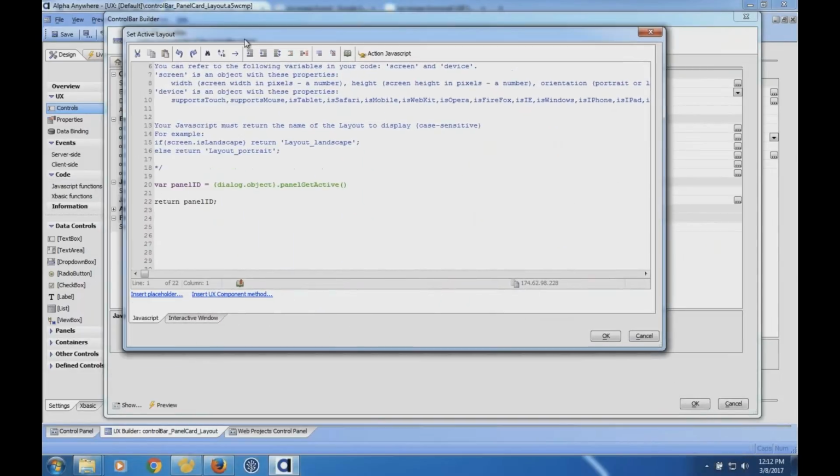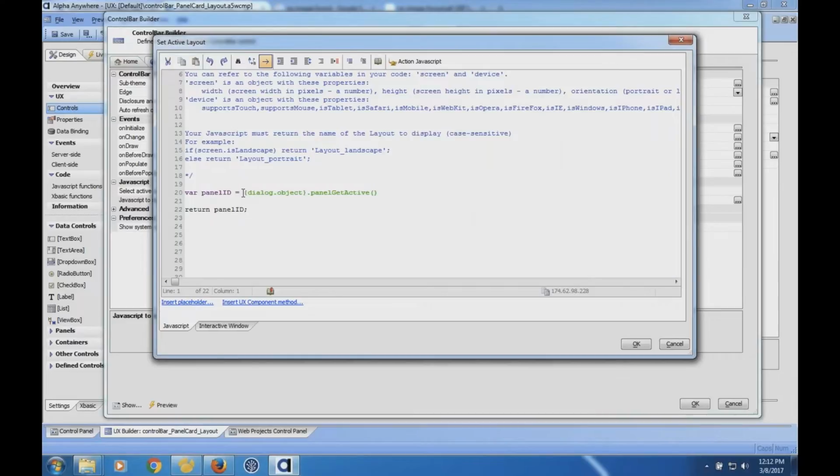So in this code, when it runs, the first thing it does is use a little piece of JavaScript that gets the active name of the panel. So if I'm on panel card _2, this is going to return that, and I'm going to put it into panel ID. And then I just return the panel ID. What's going on is that, given the text that I return, it's going to find the layout that matches that text. So for instance, if I'm on panel card _2, what's going to happen is when this runs,